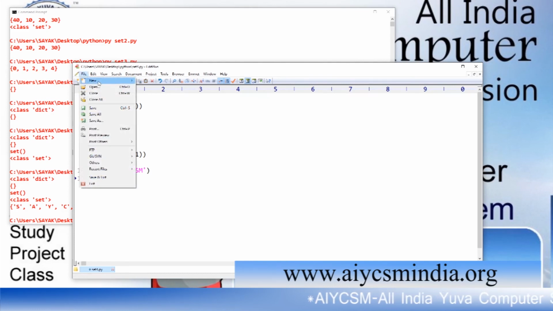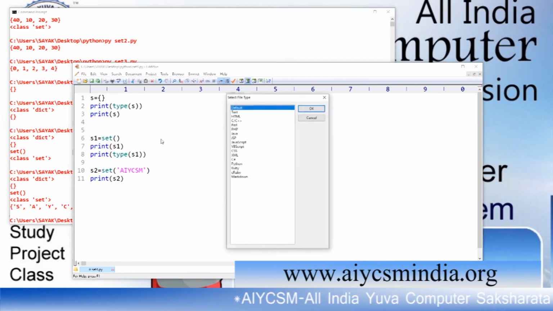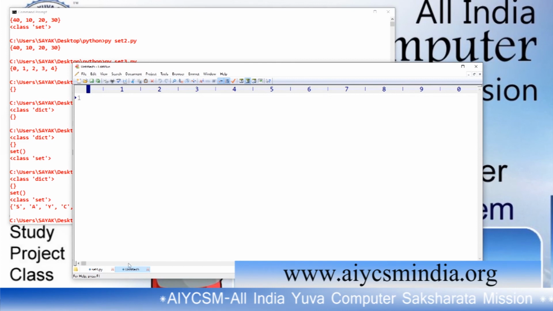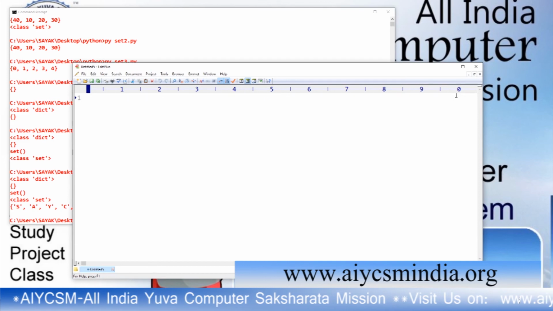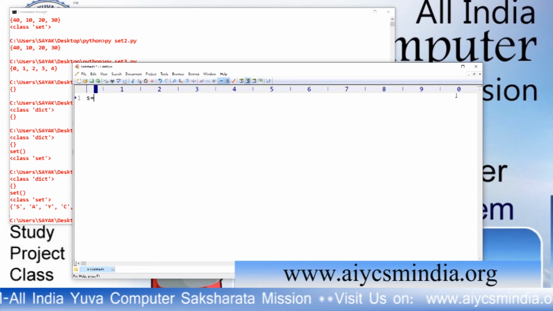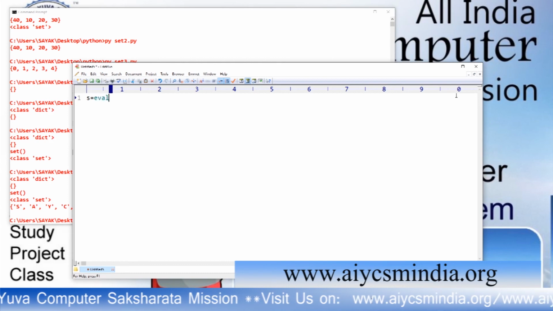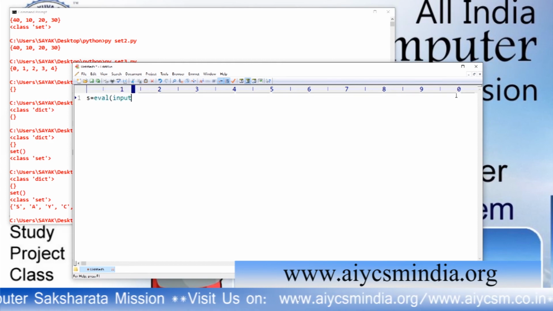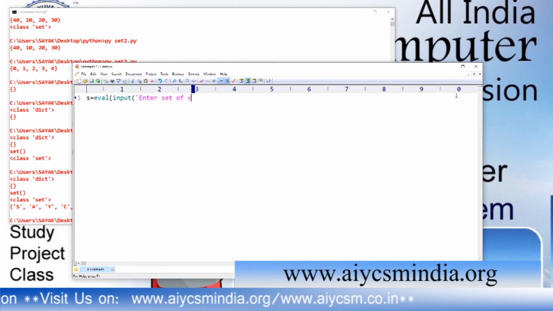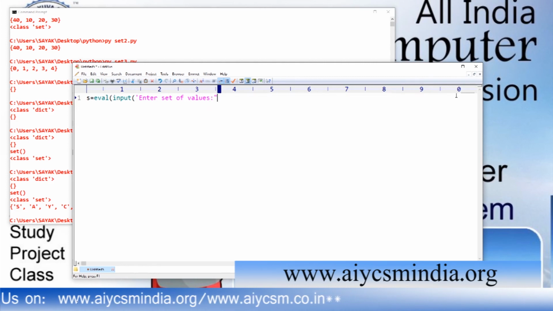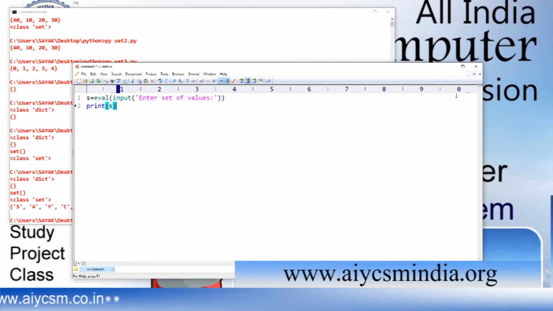Now I have to show another way where we can create a dynamic set. How to create a dynamic set? With the help of the eval function, we are able to create a dynamic set. Enter set of values. Print S, and it will ask you to give the values when you run the program.